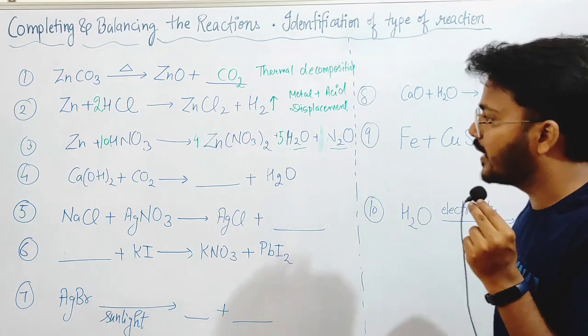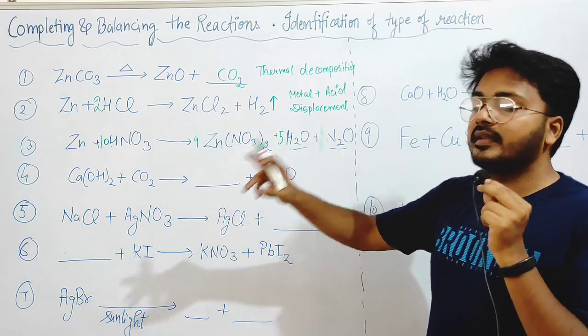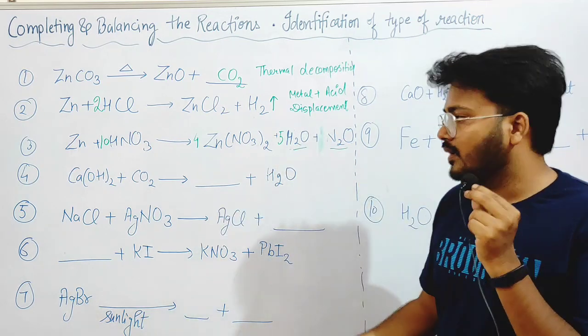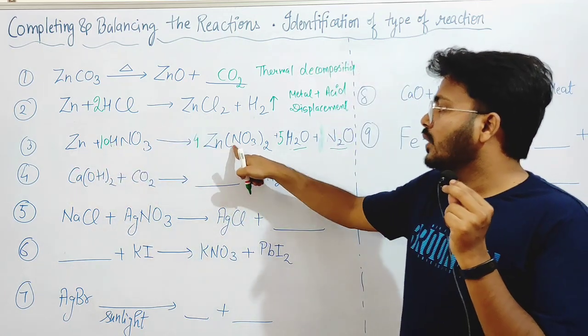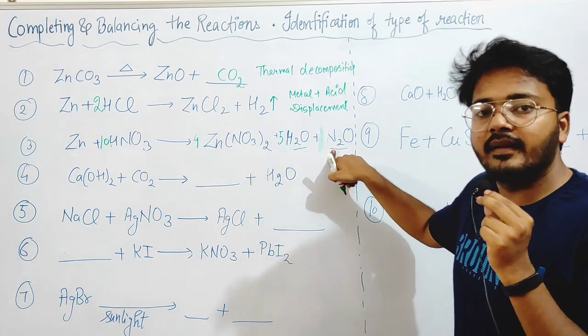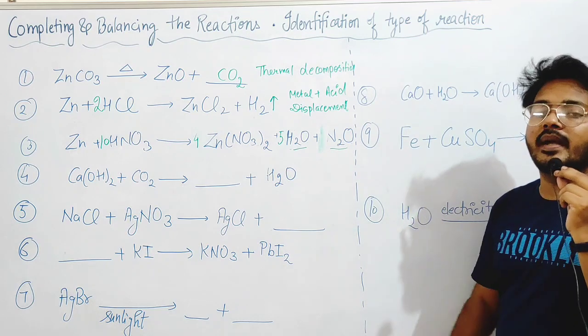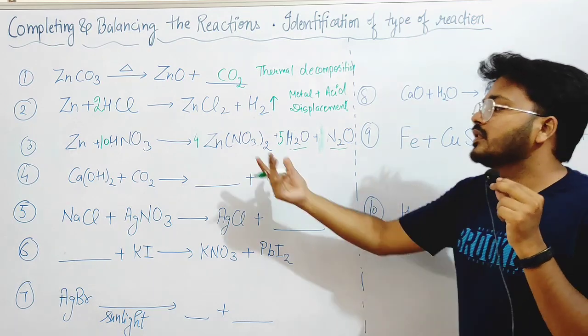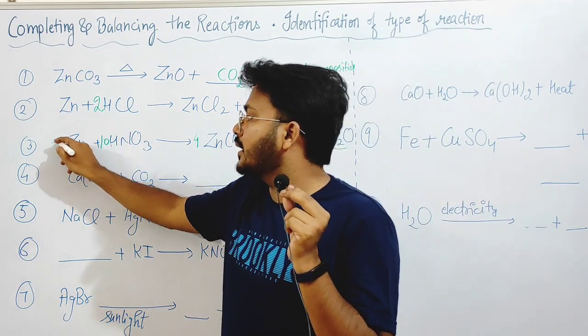Now oxygen is balanced. Now after balancing oxygen, you can see that nitrogen is automatically balanced. Nitrogen are 10. You can see here 4 into 2, 8, plus 2, 10. So 10 nitrogen are also balanced. But zinc is not balanced on the left hand side, because on the right hand side zinc are 4. So you can multiply here by 4.